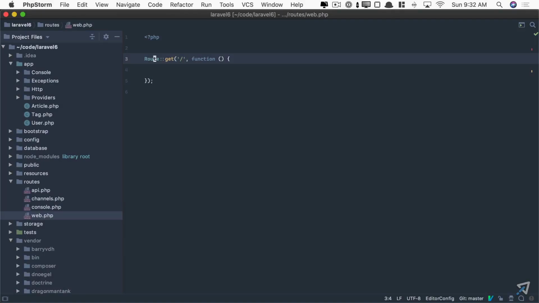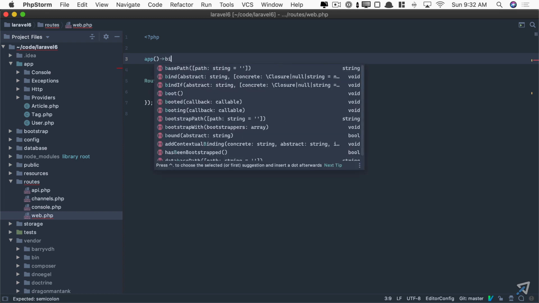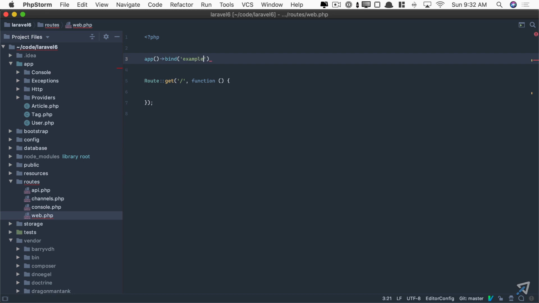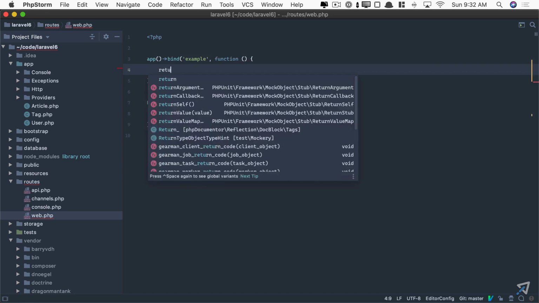We now understand that a service container is literally a container for any service in your application. So let's review how Laravel's container works. As it turns out, Laravel's container is actually the application itself, and we can access that using this app helper function. So I could say app, and just like before, I'm going to bind an example that will return whatever